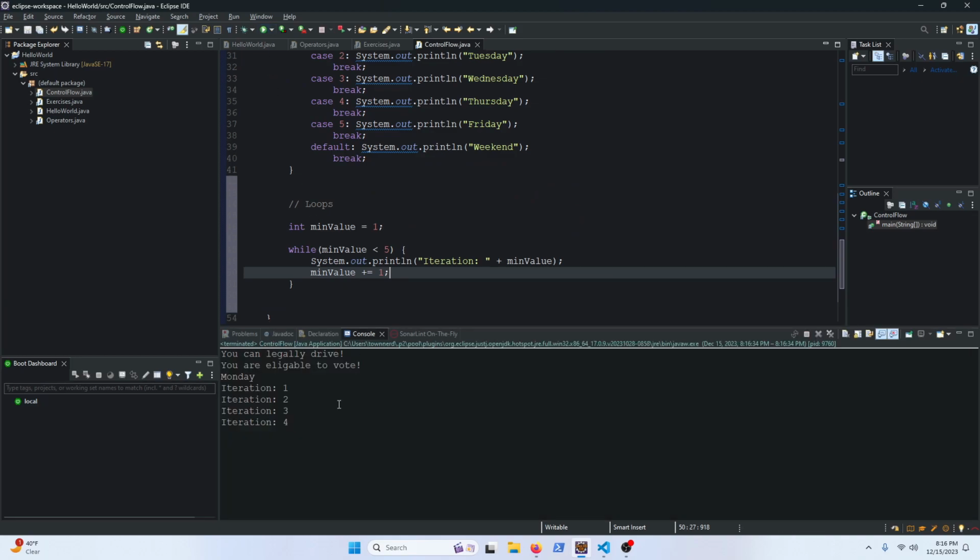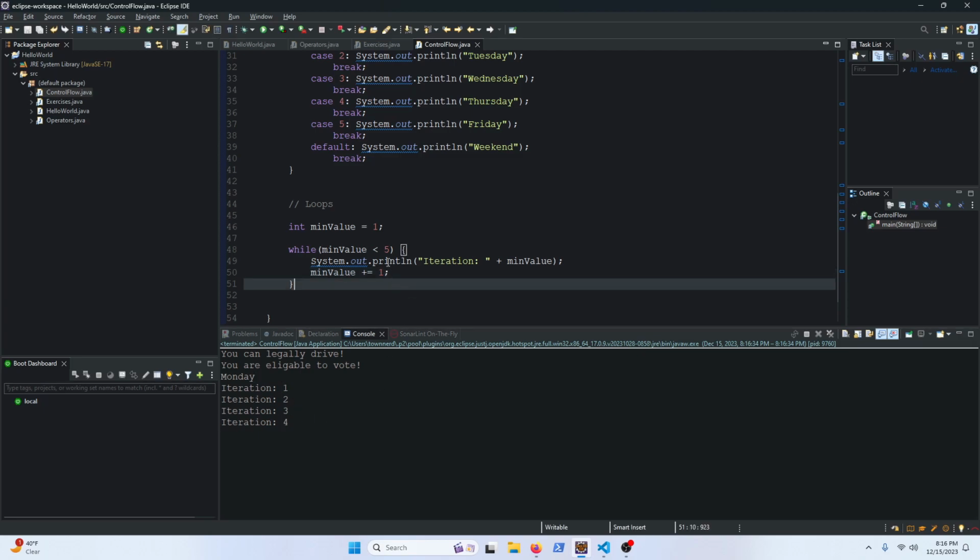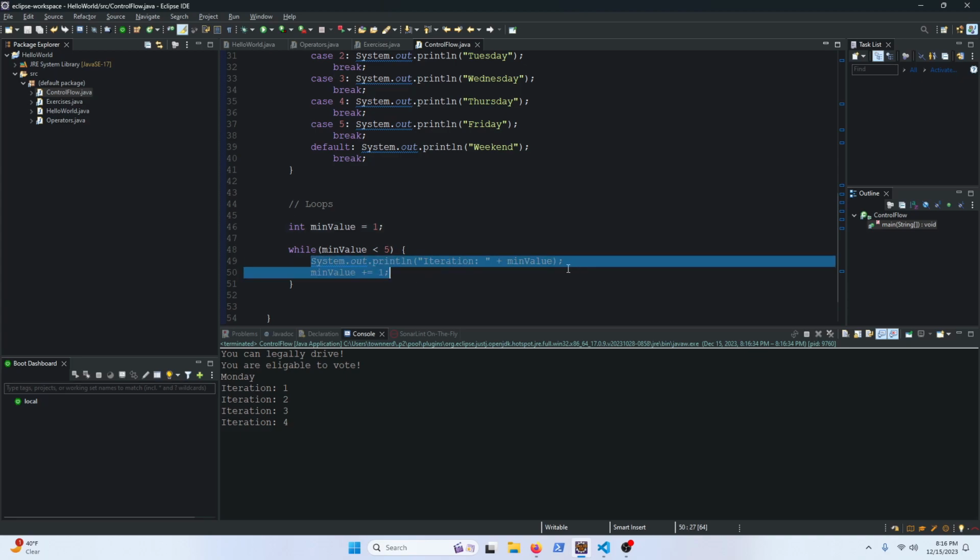So let me run this, and we should see 4 log statements, iteration 1, iteration 2, 3, and 4. Because we started with 1, and it was less than 5, we printed, we increased the value of this min value object, and then once this value was equal to 5, this was no longer true because 5 is not